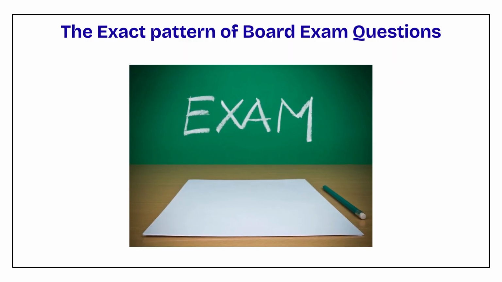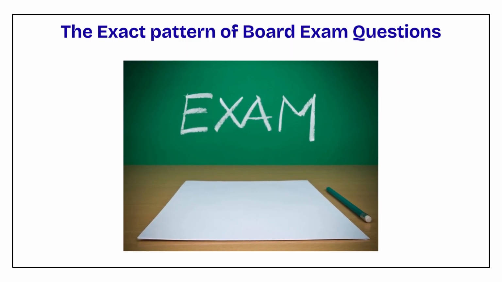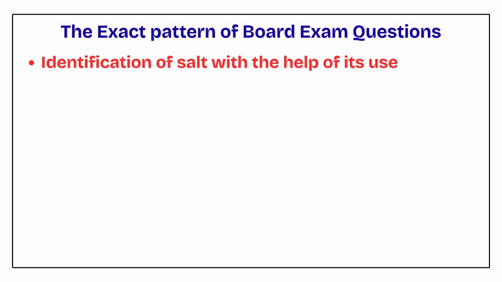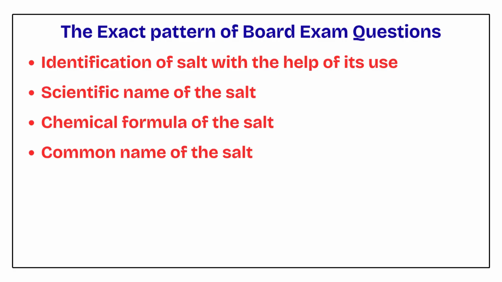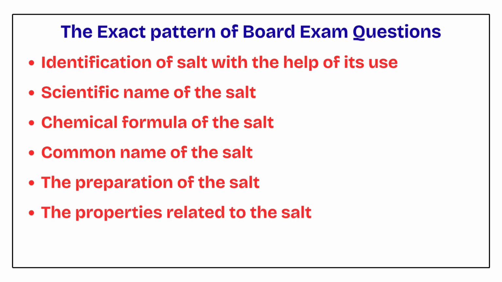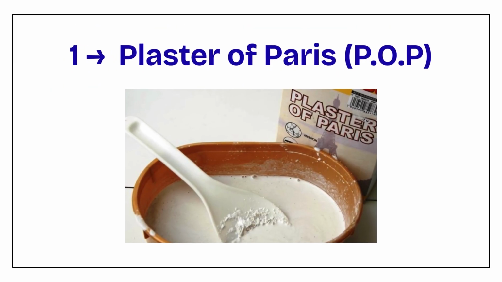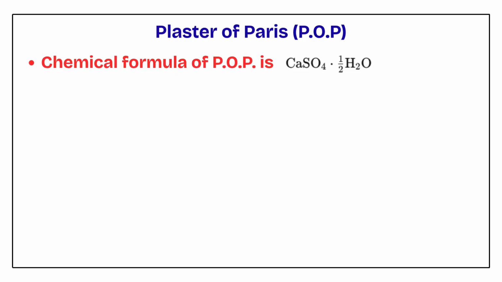I would be covering this topic the way it is being asked in the board exams over the past few years. They often give you one use and then they would ask you to identify the salt, write its scientific name, the chemical formula, the common name, the preparation, the properties related to that salt, and the uses of that salt. Number 1 salt is plaster of Paris, whose chemical formula is